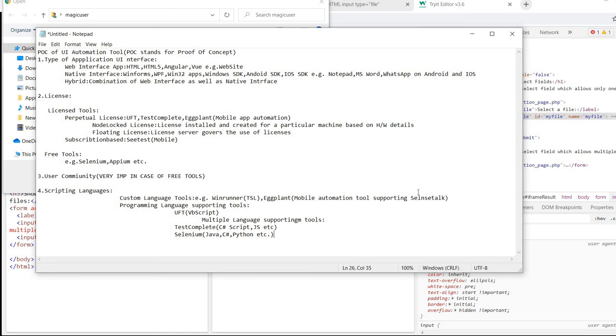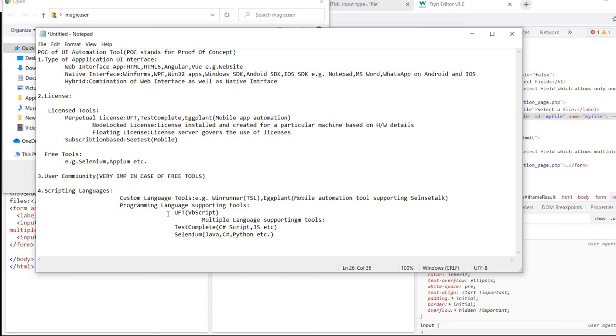Whenever you want to hire people and extend the team, it would be quite challenging to get someone who already knows SenseTalk. So you have to arrange trainings to get that person workable in your team. That is the main limitation of custom language tools.